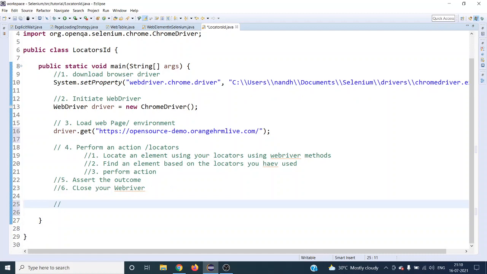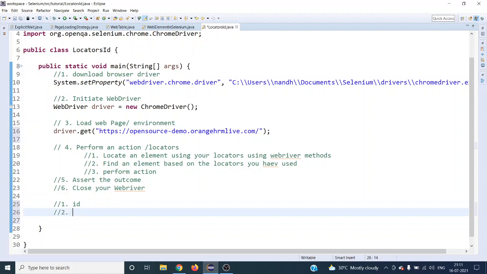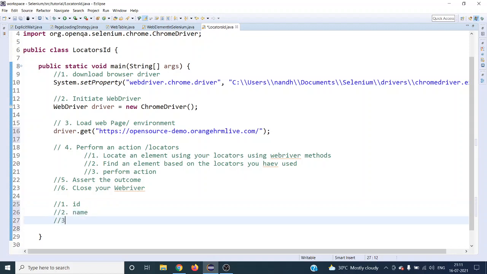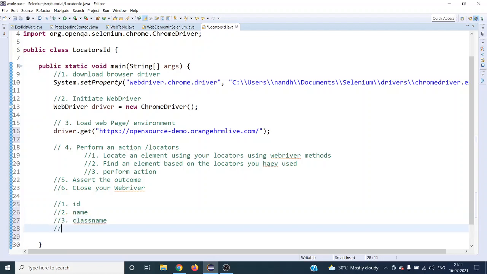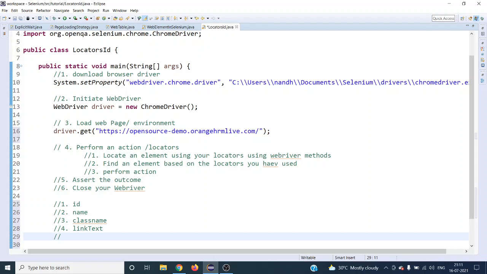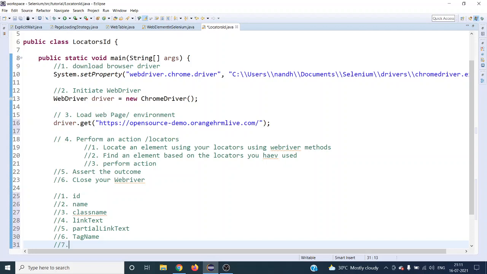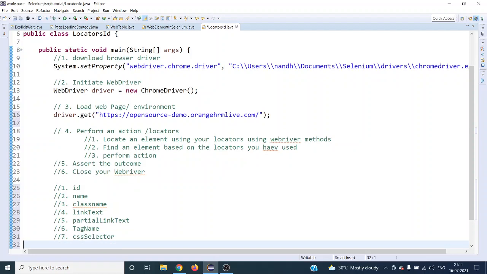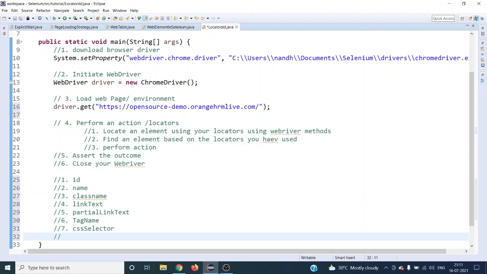The first one, which is also preferred, is ID, the second one is name, the third is class name, the fourth one is link text, the fifth one is partial link text, the next one is tag name, the seventh one is CSS selectors, and the last one is XPath. That is the eighth one.